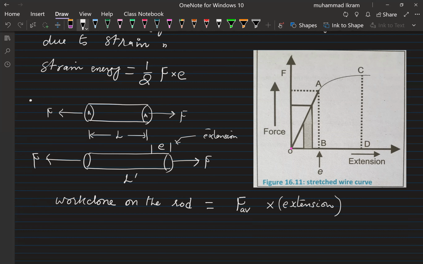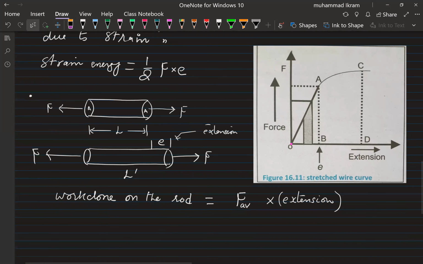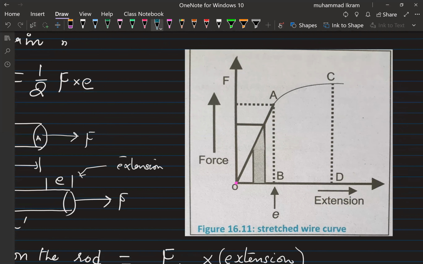So you know that this work done, because you already, first of all, let me tell you how we can find the average force here. You know that right in the beginning, when the initial force is 0, then there is no elongation in the object. The elongation is also 0. The extension in the,